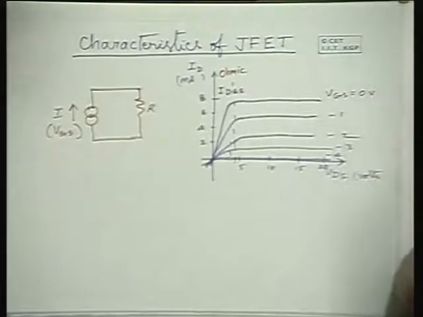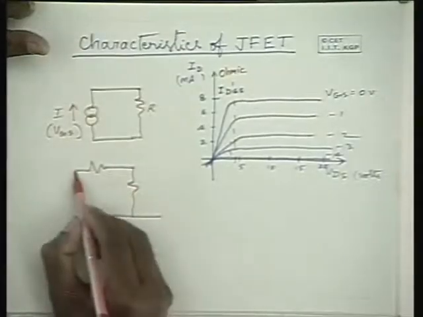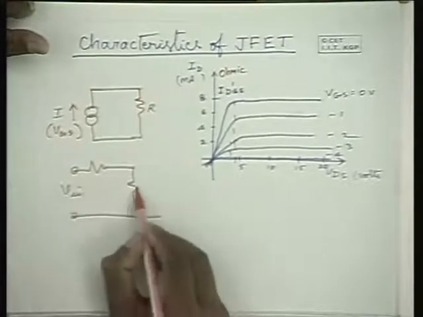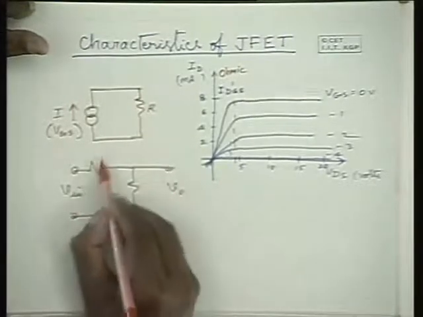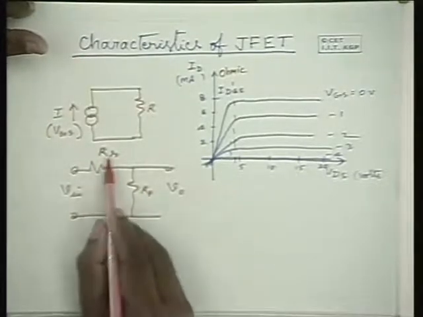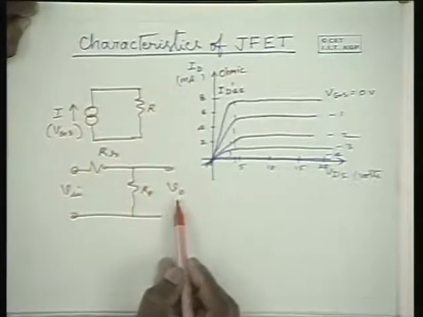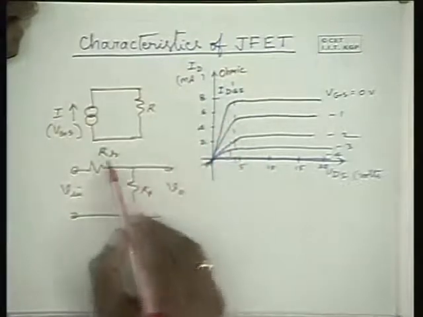Suppose input is applied to a potential divider and you take the output from the center tap. Now if the series resistance is increased, you will have low voltage at the output. When the series resistance is increased like this in a potential divider, you apply an input and say this is the output. If the series resistance increases, the output decreases.